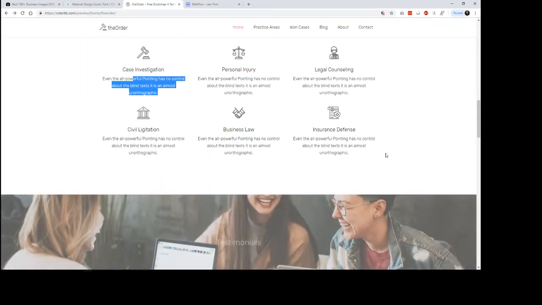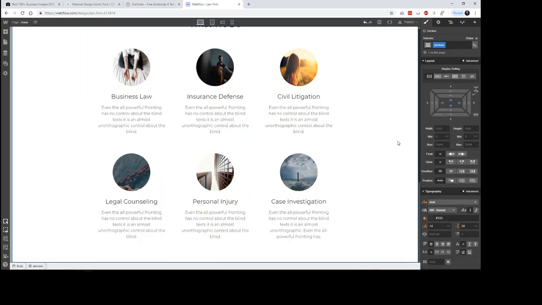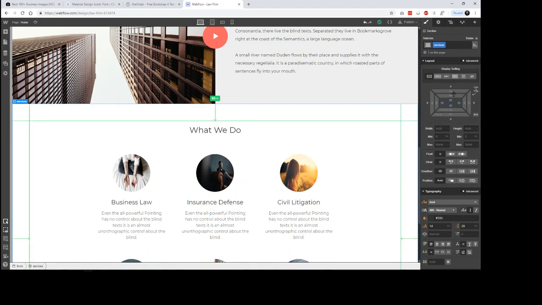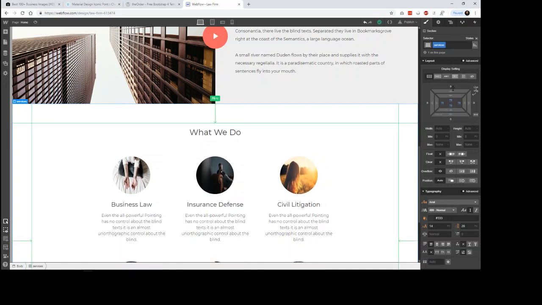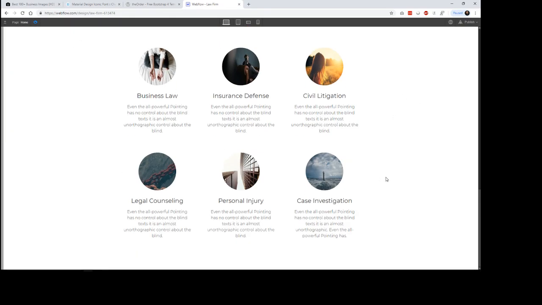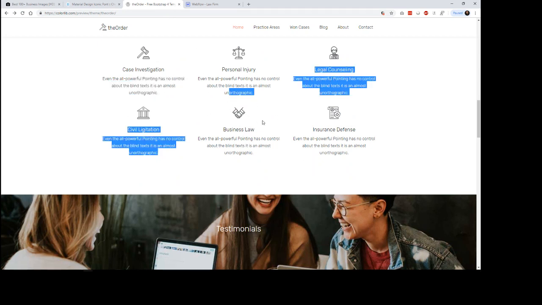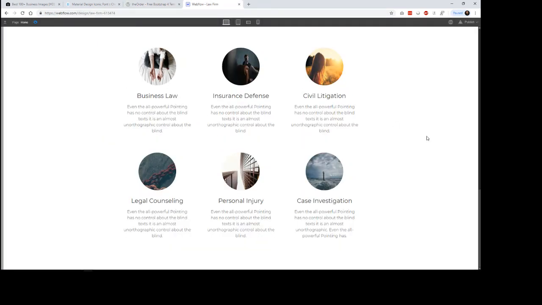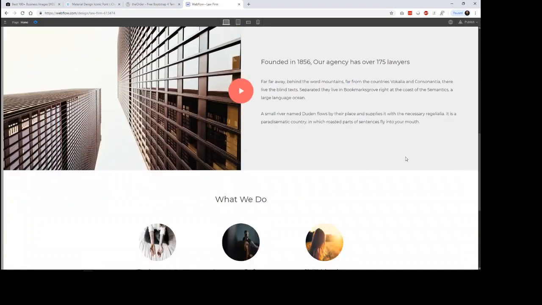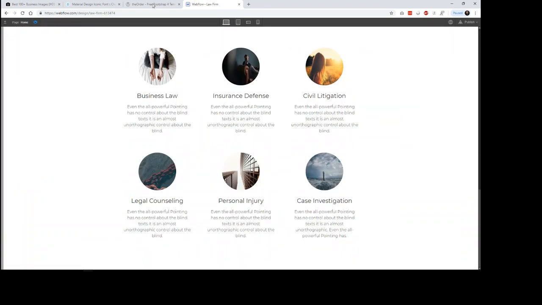And so we have our section here, just like we have here. And let's go to the greater one and add just a little bit more padding. Let's do like 80. Okay. And then we go to look at it on our website. We can see that we have our services. Not perfectly in line with what's here because we don't have the icons, but it is in line with what we were doing before. So that is how to use our